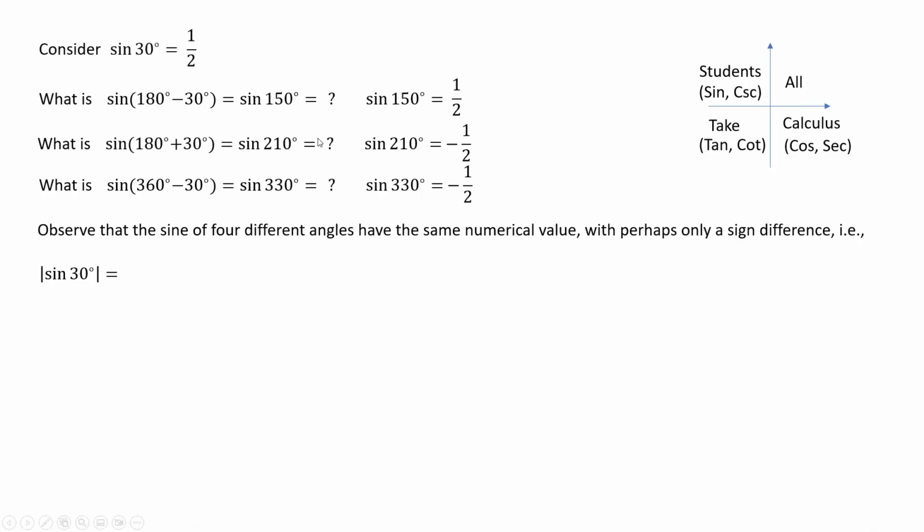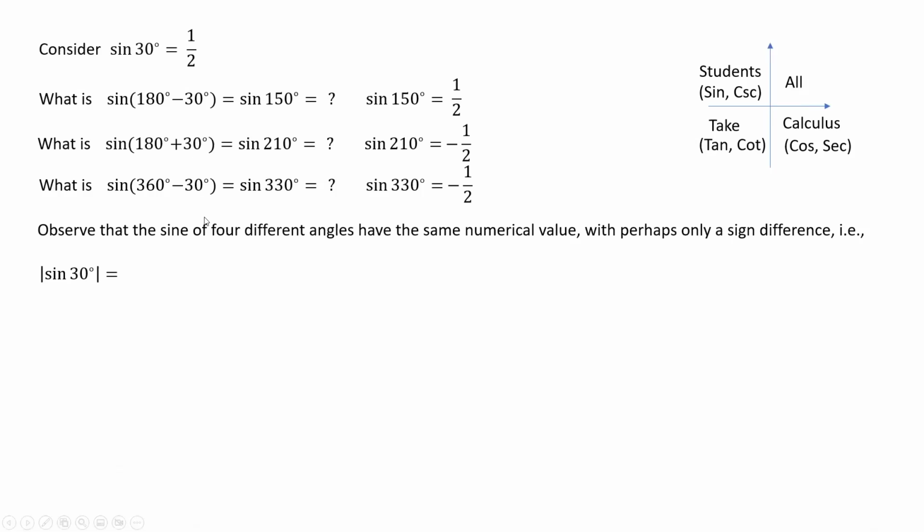Let me remind you, what is the absolute value of 2? 2. What's the absolute value of negative 2? Also 2, positive 2. Yeah, the absolute value of negative 2 is positive 2. Okay, all right. So, the absolute value of sine 30, that is the absolute value of 1/2, is, because 1/2 is positive,